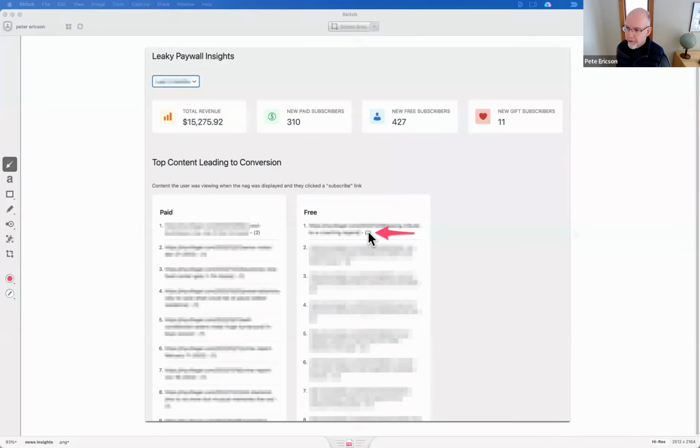And it's important to know what articles are really resonating with your paid subscribers and certainly converting paid subscriptions. And what's interesting is that your most popular articles, from what we see, do not necessarily convert to what people are actually willing to pay for. Typically it's the long form, deep articles, those niche articles that you can't get anywhere else, that convert the paid subscriptions. And a really good example is we have a pretty good news publisher that